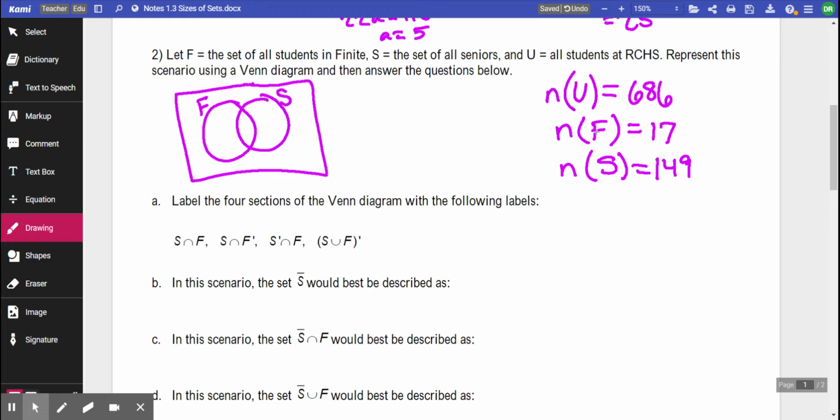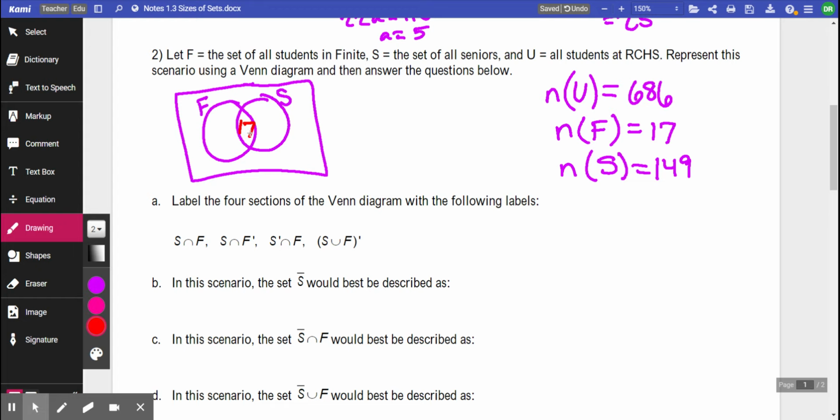All right, the number of finite students is 17, so that means that all of circle F should add to 17, and the number of seniors, all of this circle should add to 149. However, we have seniors that are in finite, and this year we actually have every student that is taking finite as a senior. So we're going to place everybody, and this isn't always the case. Sometimes I have juniors, but we are going to place all 17 people that are in this finite class in